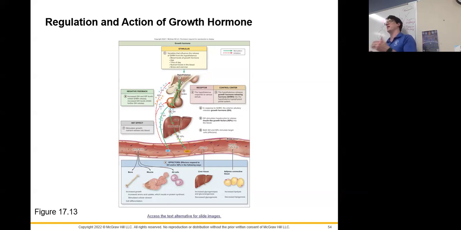Whereas pituitary dwarfism, you don't see that as often anymore because it's very, very treatable. You can simply increase the amount of growth hormone that people are taking, so you can give them growth hormone injections and help resolve some of those problems. So you can get someone to grow a little bit taller. Okay. However,